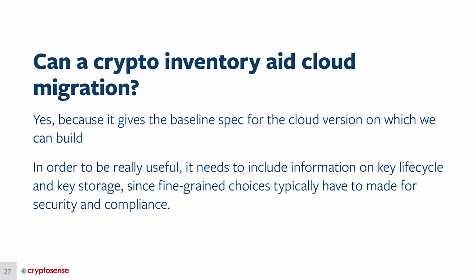But yeah, in order for the inventory to be useful for cloud migration, it's really about key management. So it's what we just said, right? Rather than just saying, oh yeah, I've got some AES in there, I've got some MD5, well, I hope not, I really need to understand that my application needs these persistent keys to be available, right? And if I'm going to put that in the cloud, I don't want those persistent keys in the virtual machine image that's running next to all these other processes. I need to find a solution for those persistent keys that satisfies my requirements about key custody or about availability and those kinds of trade-offs. So if my inventory is somehow a preparation for that, my inventory needs to talk about key storage.